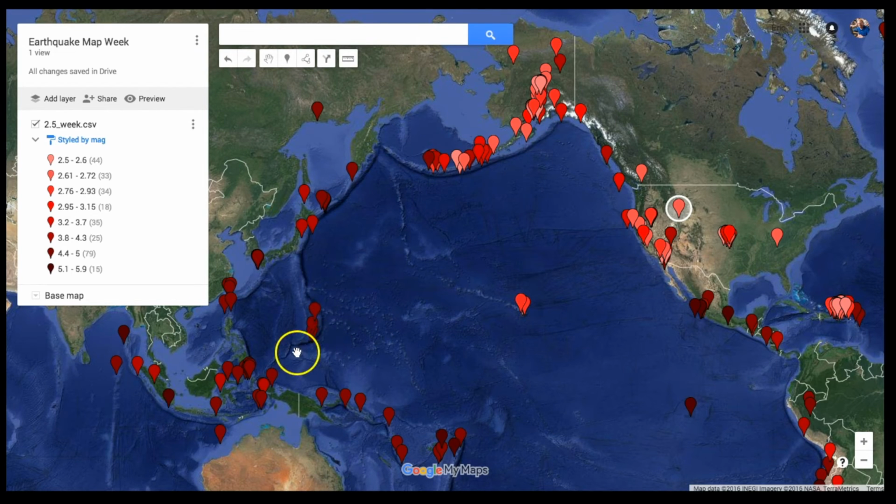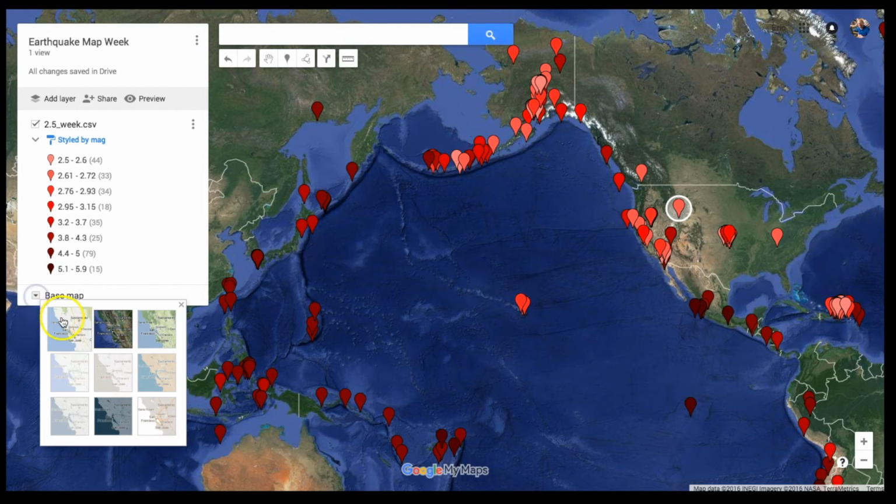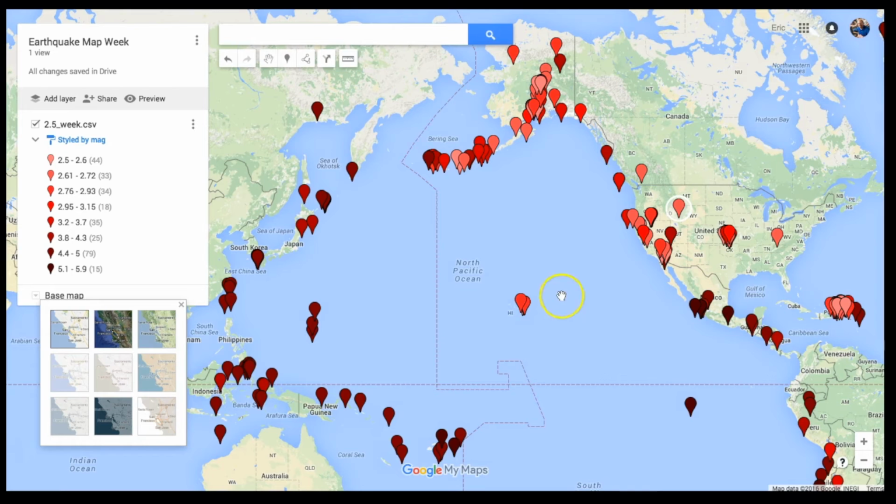You can definitely see what's happening out here in the Pacific Ocean. You can see plate movement here. And then when you're looking at the base map, and I'll switch back to the base map here for a second, your students might see these earthquakes here, and a lot of them will probably know that this is Hawaii,